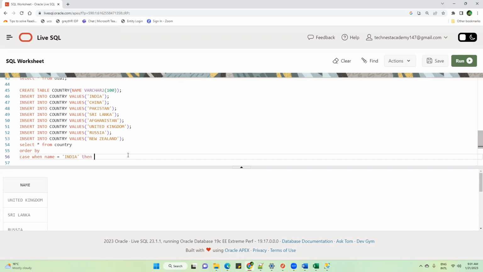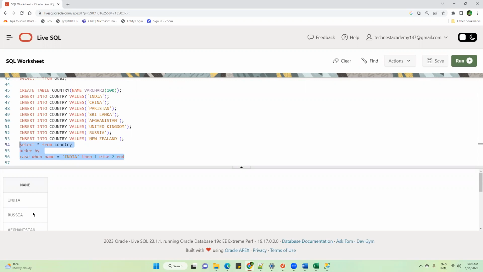So to India, then 1, 2, and keep it here only. Don't try to understand this query. I'm executing it. Just check the output and tell me is the output as per my manager requirement or not. That's all you have to analyze. Is this output as per manager requirement? Yes, it is. Yes, correct.